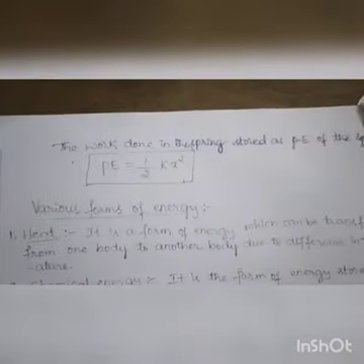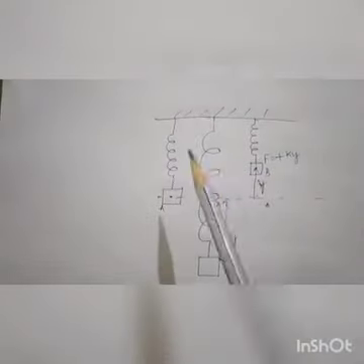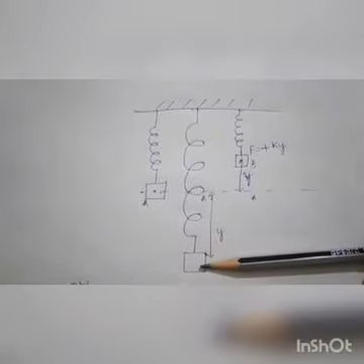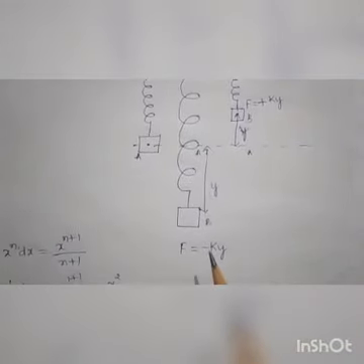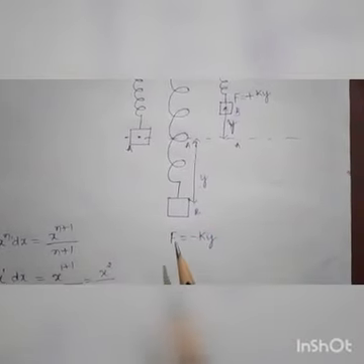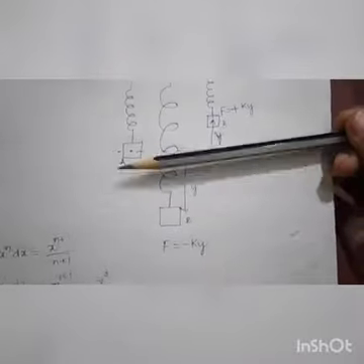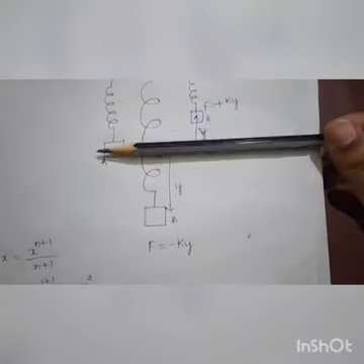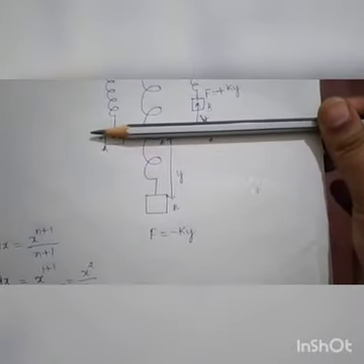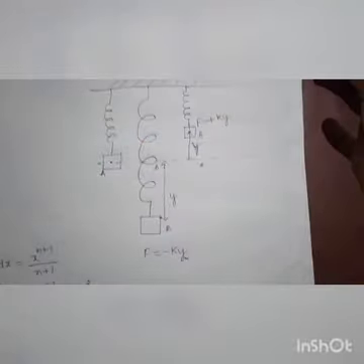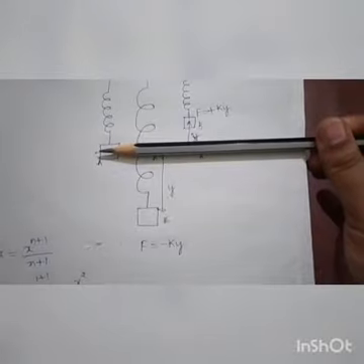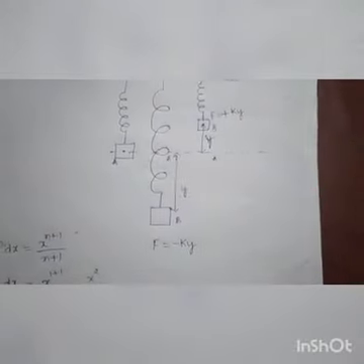Or in another way, if we take a vertical stretched spring, the force is taken as negative, and force is directly proportional to y. The displacement will be taken as y. Then F will be equal to minus kx, because this is horizontal in the coordinate system. This is the mean position or coordinate 0. Upwards of the vertical 0 will be positive and downwards will be taken as negative.